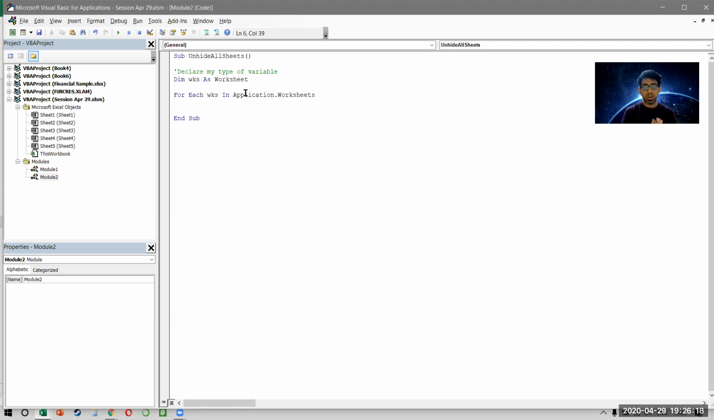So I hope it is clear. We are saying how many worksheets do we have in our workbook? It's a number, 5, 10, 15, 150, whatever number. And then I want to go to every one of those worksheets one by one. And then what do I want to do? WKS.Visible. That means I want to change the visibility level to